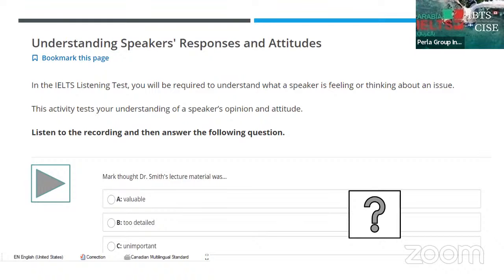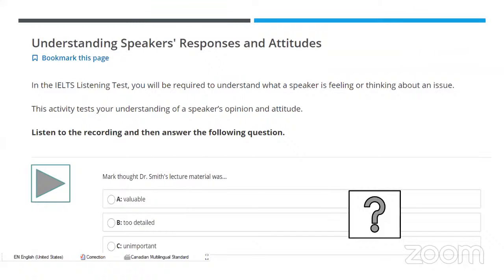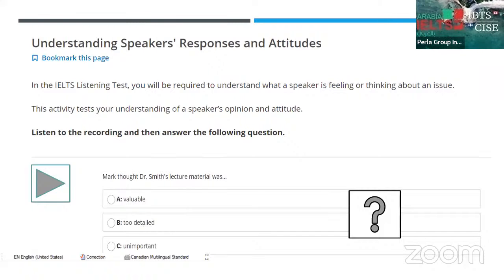All right. So is it too detailed and important? He said, I couldn't see any relevance to it, which means that to him, the material was unimportant, okay? All right, so this is just also how he was expressing how he felt about the issue, okay? Answer C. Yeah, answer is C. Okay. Now,